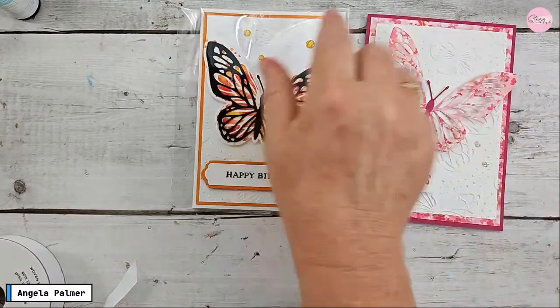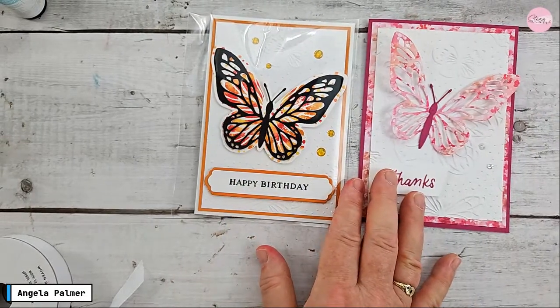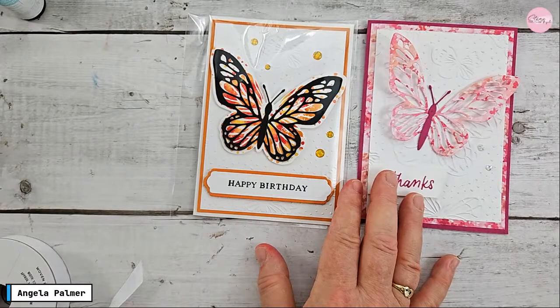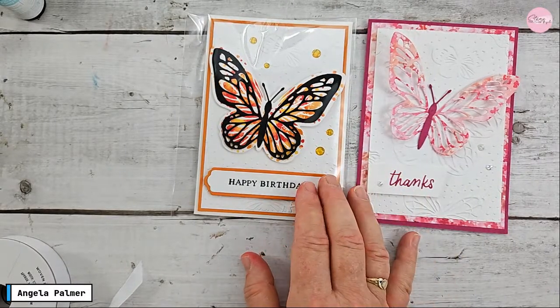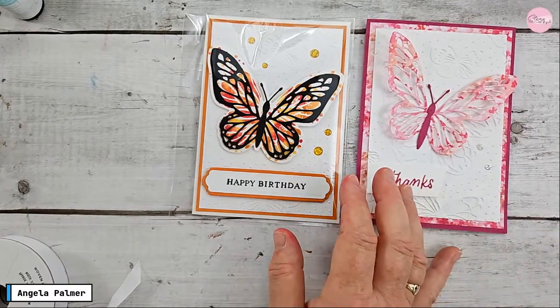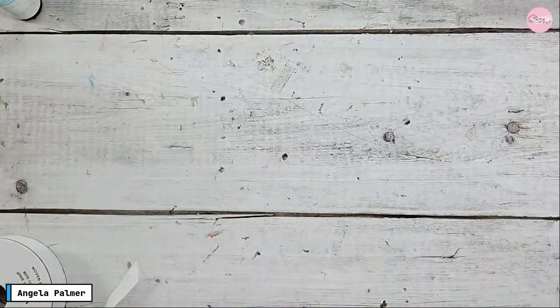And then you may have noticed that I've used the embossing folder. So there is an embossing folder that goes with this, and it is a hybrid embossing folder. So it can die cut as well. So maybe that's for another time. Cool. So the focus today was the stamp set. So just remember,